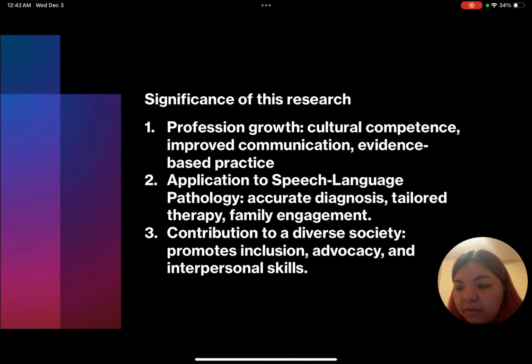Interpersonal skills: exposure to different languages enhances empathy and adaptability, qualities that strengthen relationships in multicultural settings. And you can be more of an advocate for any patients that you run into that may have a speech